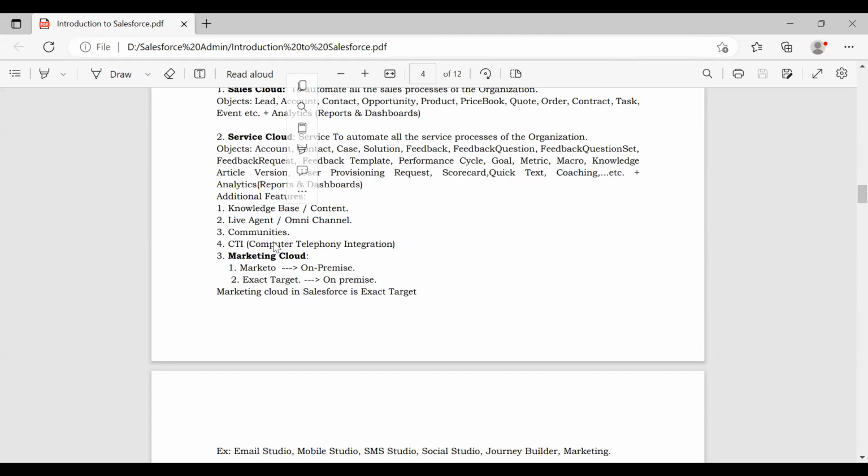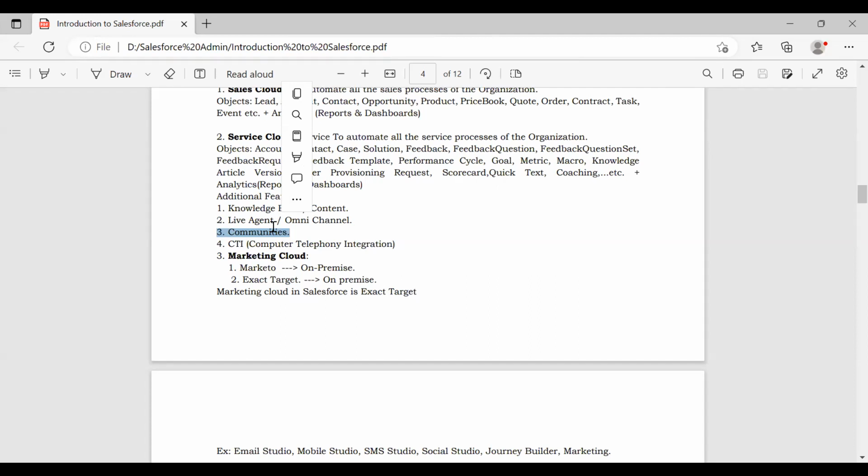Okay, next. Third one is communities. Yesterday I already discussed communities. Communities play a very major role in most businesses nowadays. We have developer community, partner community, customer community. Developer community is a platform where all the Salesforce developers are part of that community so that they can interact with each other.